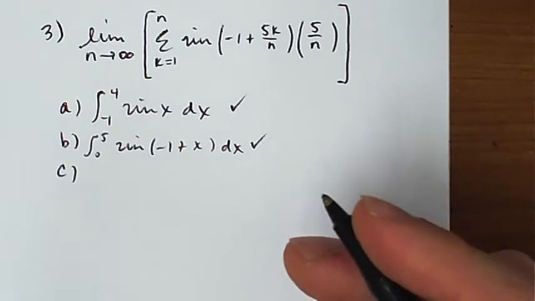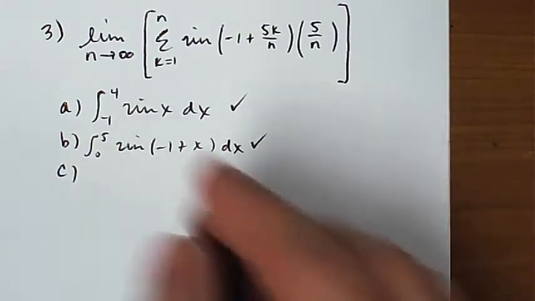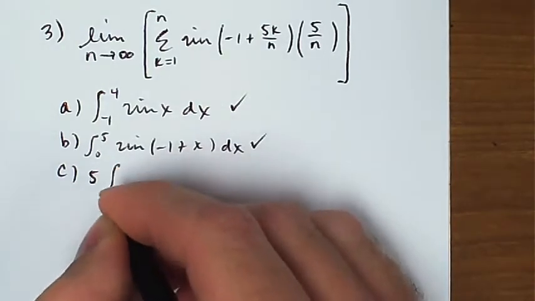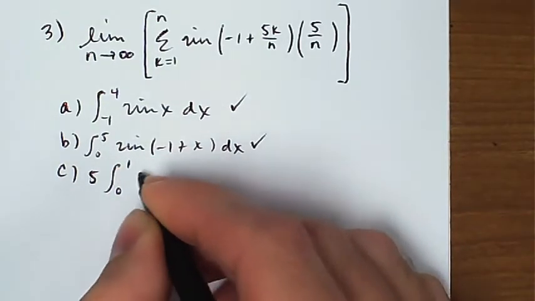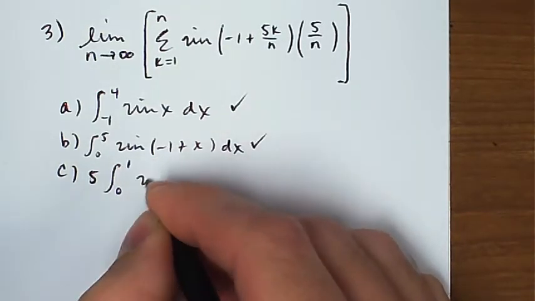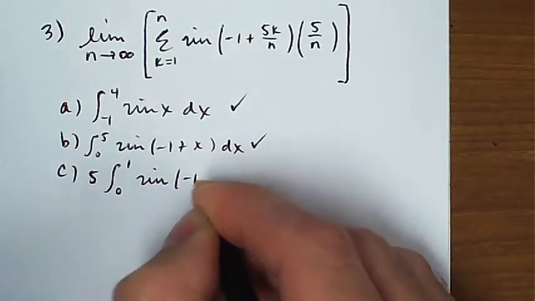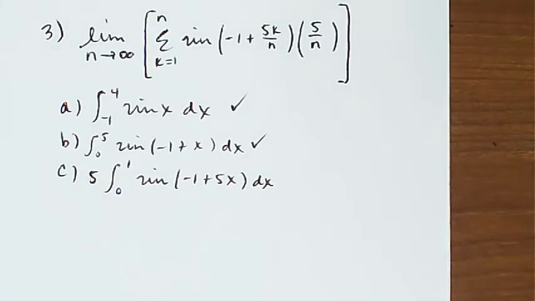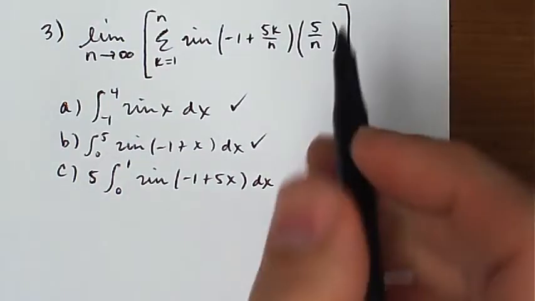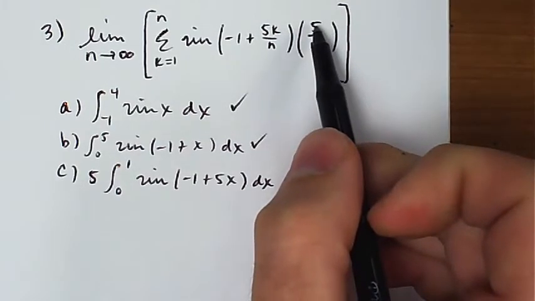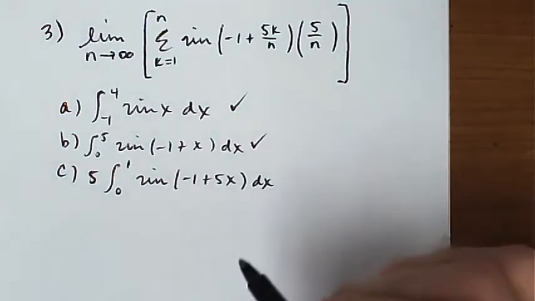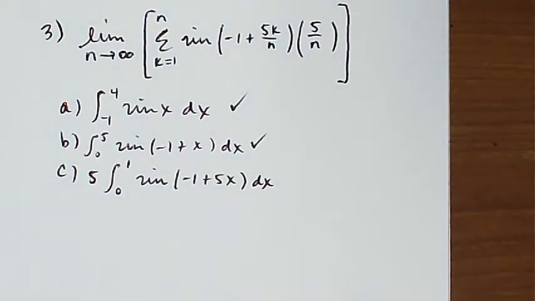Now the third one, and by far the trickiest, is this: 5 times the integral from 0 to 1 of sine of negative 1 plus 5x dx. Now this is a genuinely tough question. So what they're doing here is they're taking this 5 and factoring it out the front. Okay? So if I was to do that,